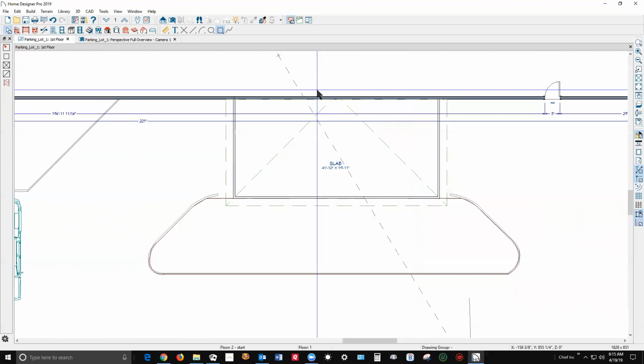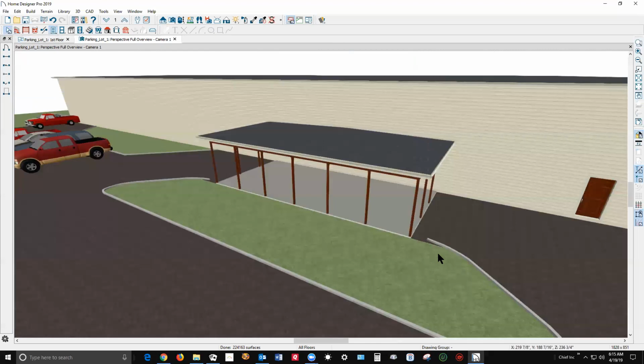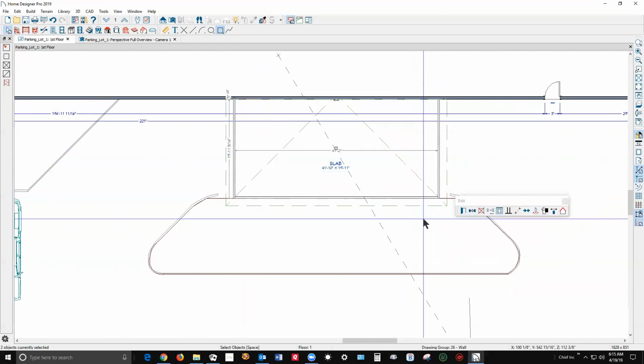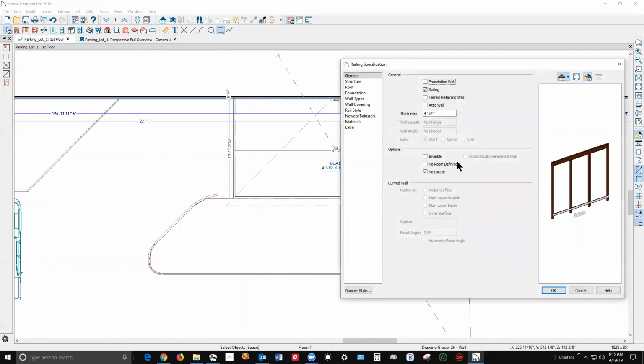I'm going to go back to the overview. And we probably have posts in the middle of the driveway. Yeah, see over here? So the way you handle that is you open it, this wall and this wall. And we can take a look at,